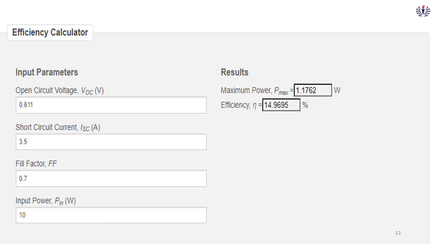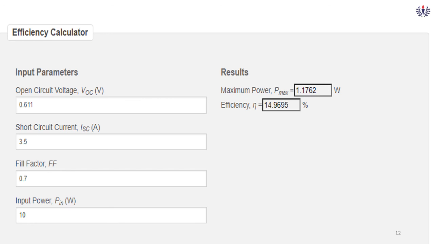Then we started with the discussion about the fill factor. The fill factor is a measure of the goodness of the PV cell, that is, how good or bad a PV cell is. That can be obtained by comparing the standard or ideal PV cell IV characteristics with the actual characteristics. The area of VMP IMP divided by the area of VOC ISC gives the value of the fill factor.